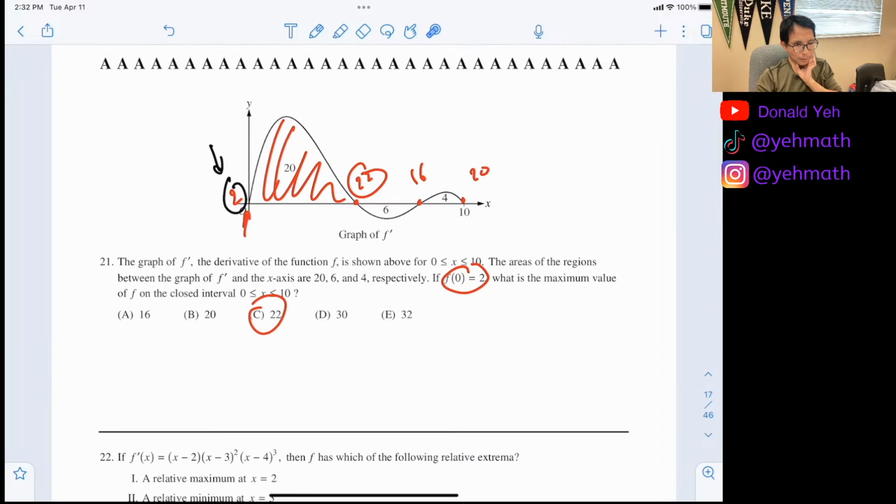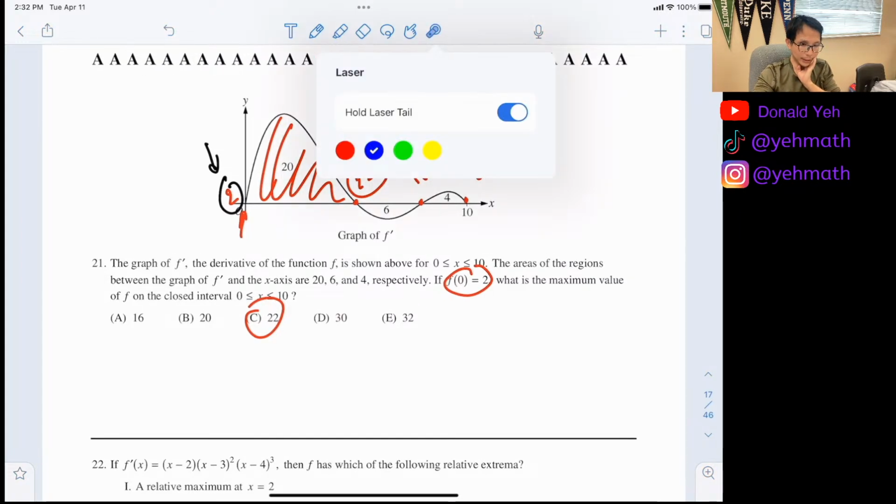A lot of people were confused about this one. Tunisia, are you still confused about this one, or no? You understand now? Okay. Sam, do you understand this one? Yeah, I got that. Okay, cool. Nicholas, do you understand this one? I understand how you do it, but I don't really get